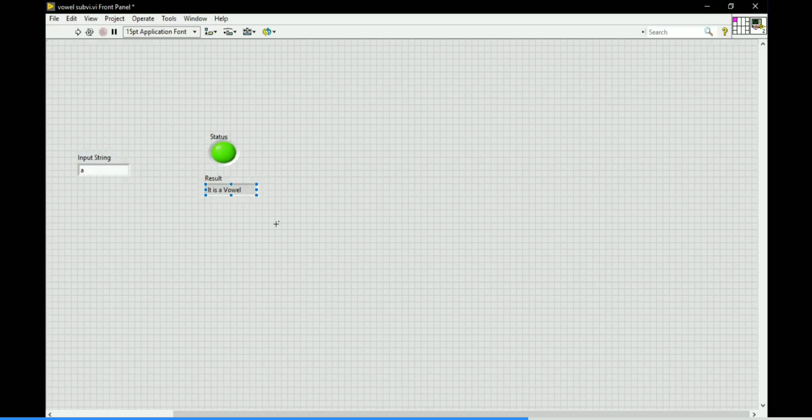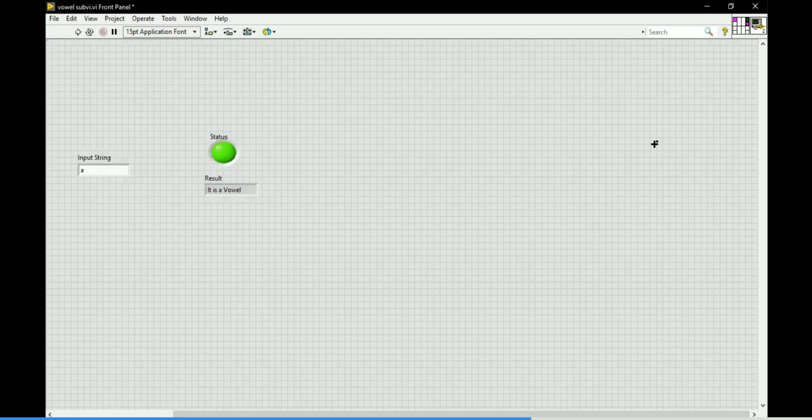Now we need an indicator. Same procedure. Click the box on the right side, and choose the indicator. For the Boolean you will get a green color along with a black background. Here you can't notice it on my screen, but on your screen you can see it. In the same way, I am choosing the string result indicator. Do this one quickly.